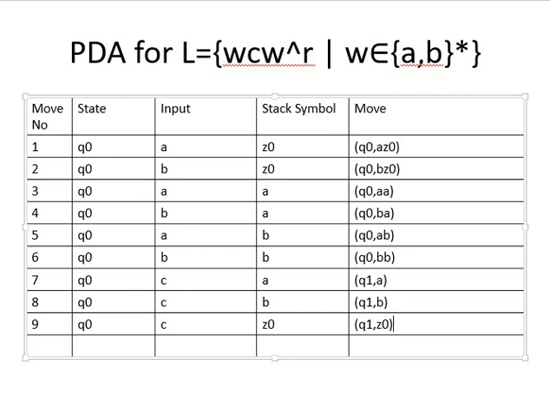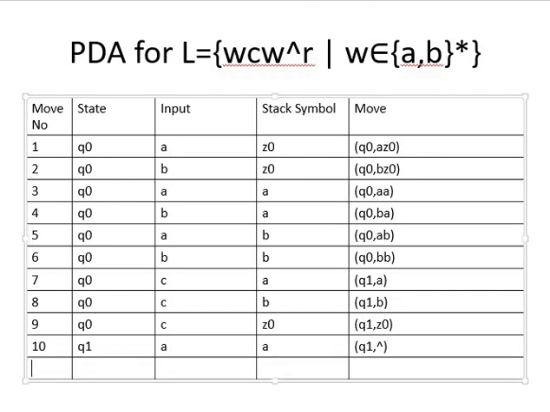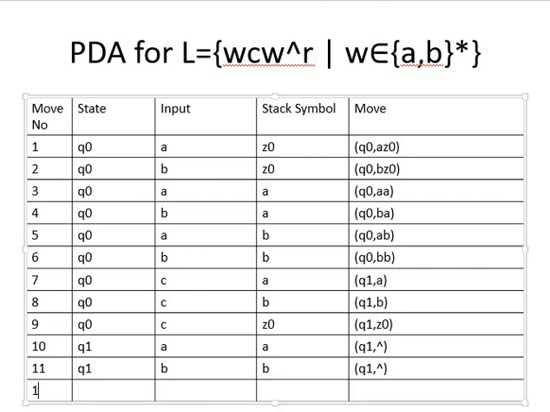Now what we are going to check in state q1, in state q1 we have to match top of the stack with input symbol. So if input symbol is a, top of the stack is a, then we are going to pop the symbol. We'll be in state q1 and we'll pop the symbol. Another possibility, that I am in state q1, input is b, top of the stack is b, q1 comma null, and we'll do this thing repeatedly,